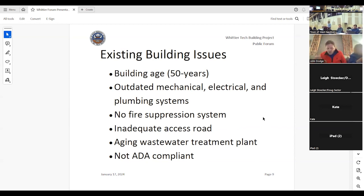Okay. So the current building is about 50 years old. It went online in 1973. Like you would expect, the